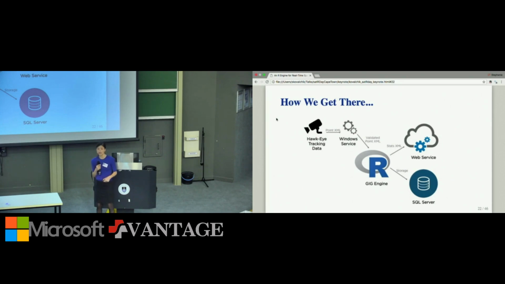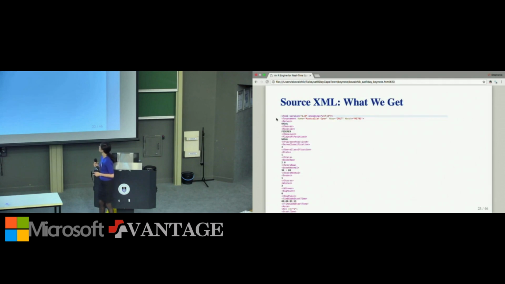We also store what we have just processed into a database that will then allow us to do more extensive historical reporting that could include customized analyses of a match that we haven't anticipated, but we find during the event will be an interesting question to look at. It also allows us to then use those data in reporting that could aggregate across multiple matches as players progress through the event. So that's a summary of the overall process.